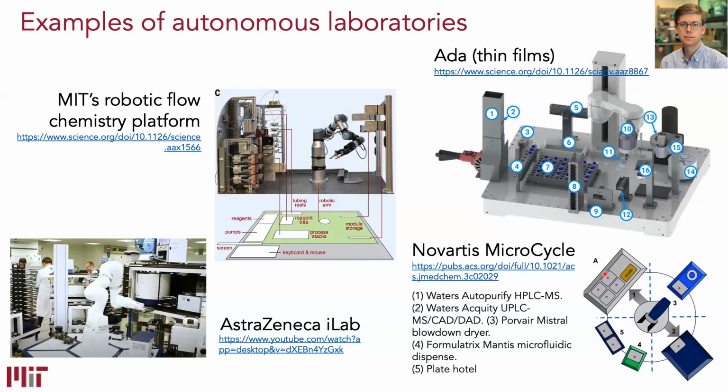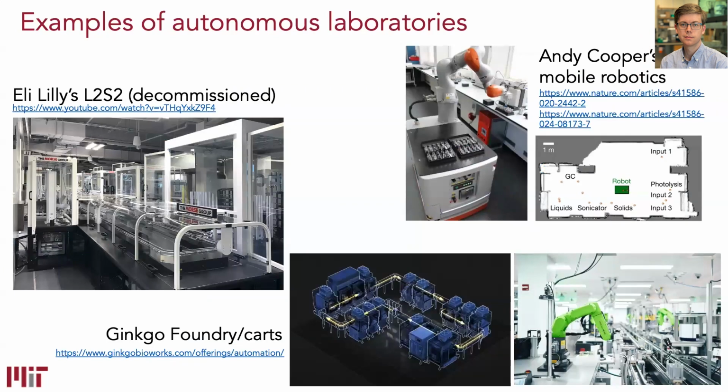So at MIT, sort of towards the tail end, when I was there as a student, we had this demonstration of a robotic flow platform. So this arm that could assemble flow chemistry pathways. There's a number of different examples from industry and elsewhere of autonomous labs capable of running their own experiments, right? Some of these are designed for optimization. Some of these are just designed to run linear experiments that a human will specify. But you have these sort of increasingly complex systems, right, capable of running these complex workflows and doing their own chemistry, biological testing, analysis, et cetera.